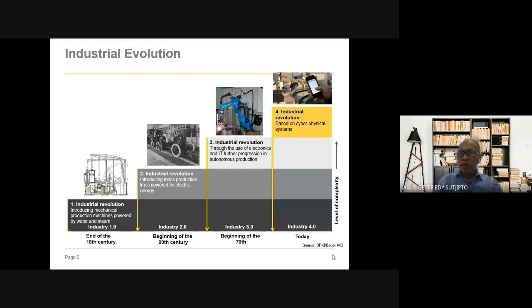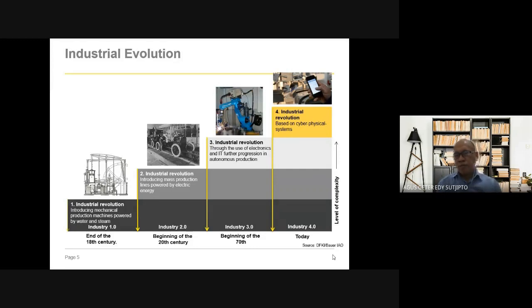So this is the management of industry based on the cyber physical system. When we control manufacturing or organization using the computer, we can manage all of the supplying, delivering, and manufacturing using the computer.